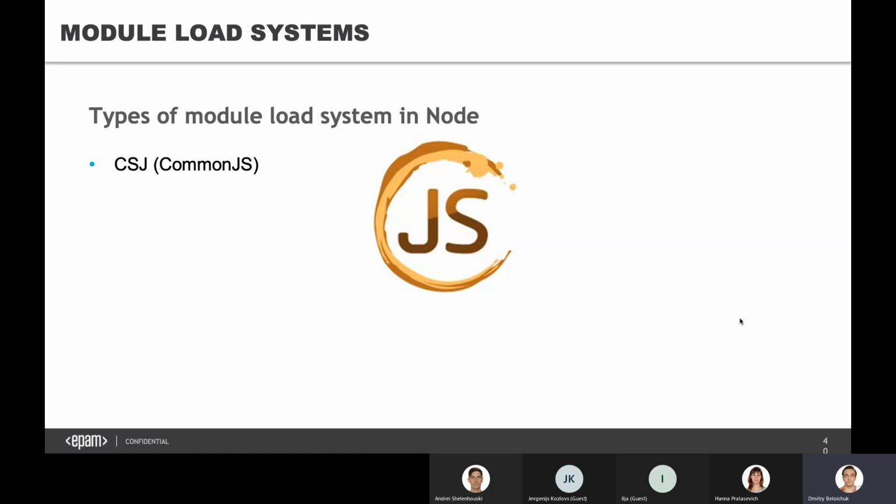So, as I already mentioned, there are a number of module systems based on that module pattern that we have in design patterns. And the first one to know is the CommonJS module system. It is the one that uses require statements and module.exports. Then at some point,